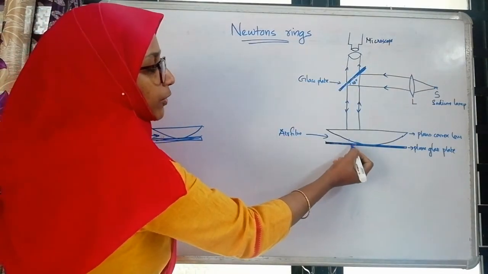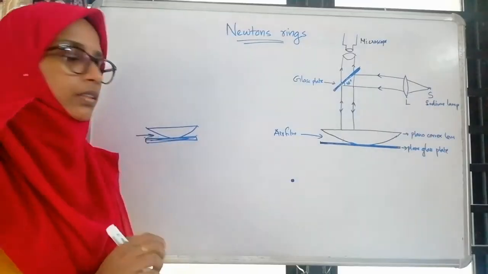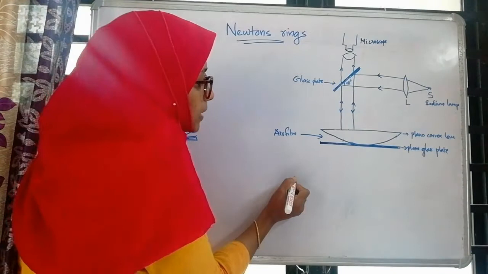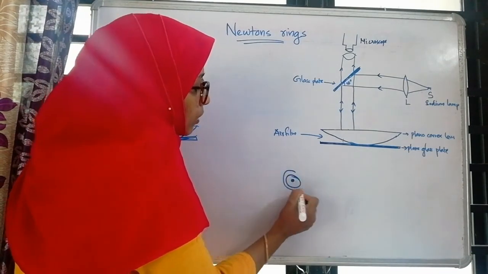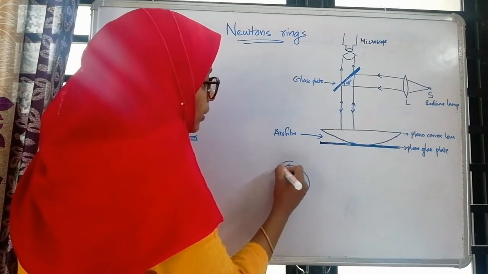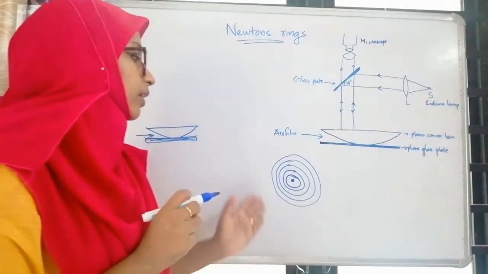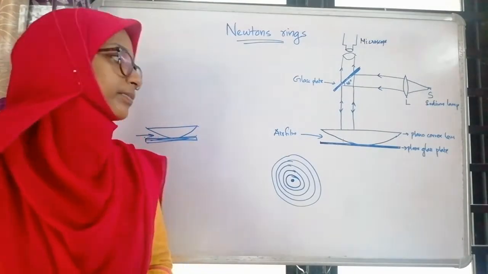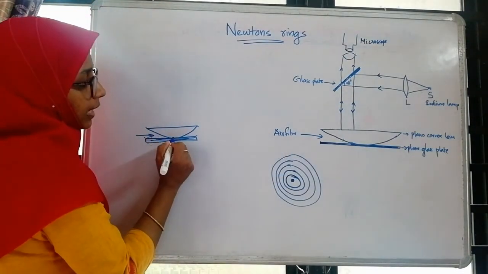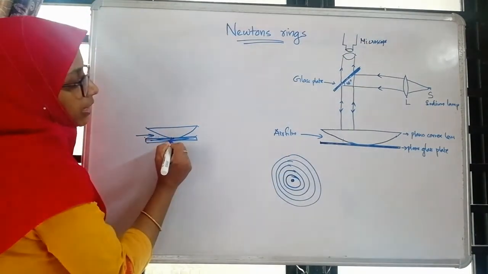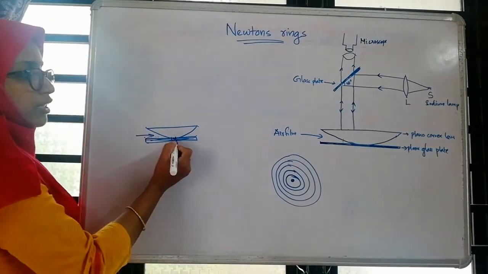Then, as it is falling on an air film, it will be of circular shape. That is the circular shape. In such a way, there is a dark ring and a bright ring, and around that dark and bright alternate fringes like this. Do you know the reason behind the fringes being in the shape of a circle? As the air film is forming here, the air film has thickness 0 here, and here it will have a particular thickness, and the same thickness it will have in this position.